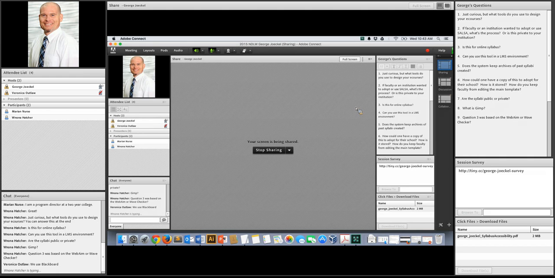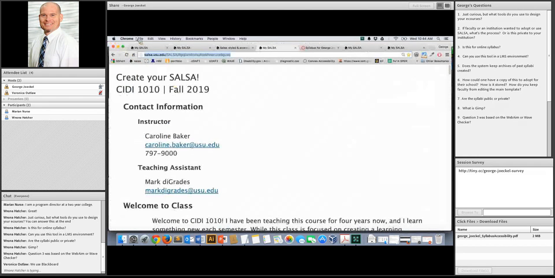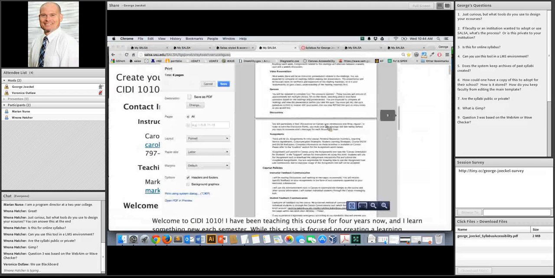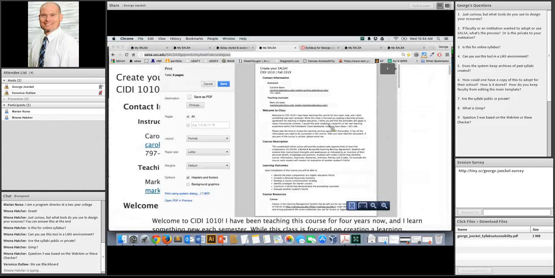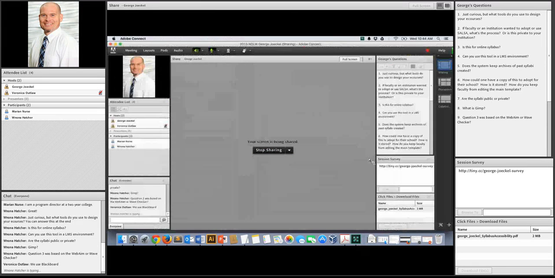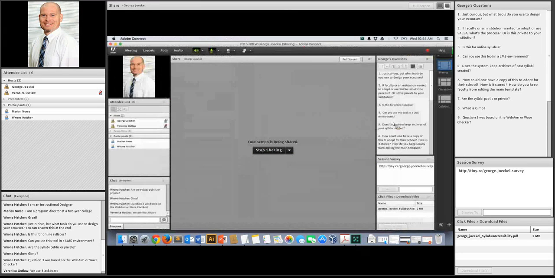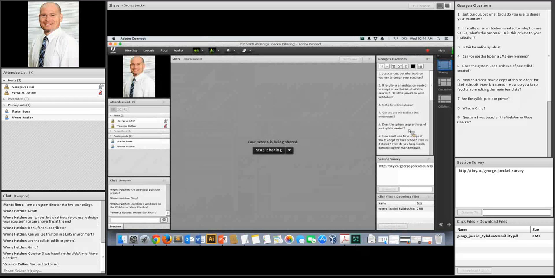LTI is a common standard. So we're definitely interested in those kinds of relationships for people that are going to be using Salsa. But I think it's a great opportunity to just get started by putting the link in there, again, because it solves a lot of accessibility problems. It also solves a lot of formatting problems, because if you come in here to print this out, HTML is HTML. It's going to look exactly the same as it does in your browser.